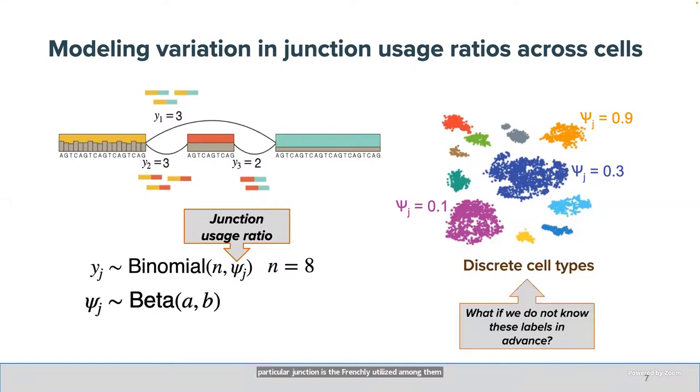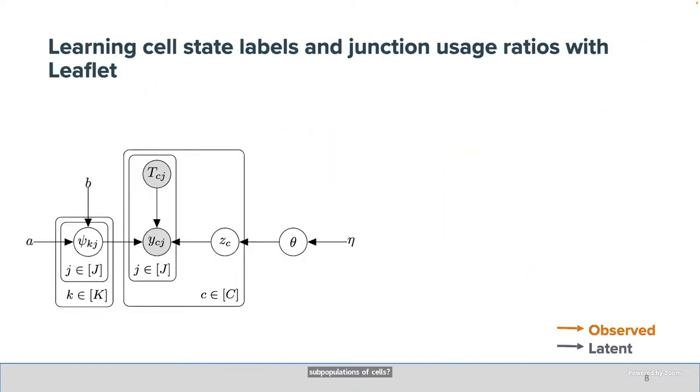But again, this sort of approach would require predefined cell type annotations, which we often don't have. And also, as we saw in the previous talk, these annotations are often not actually discrete. So what if we're interested in learning more about potential subpopulations of cells that might exist in your sample? To that end, we developed a model called Leaflet, sort of the next of kin of Leafcutter, the previous model in